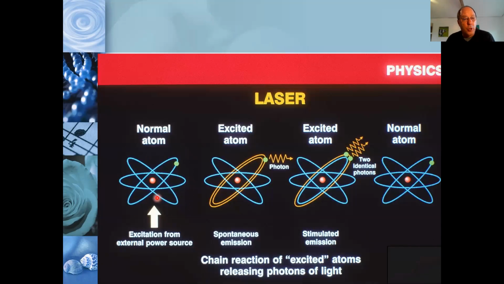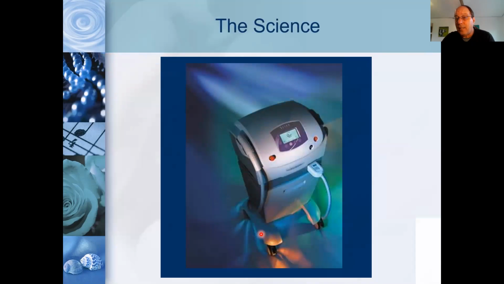So if you look at a ruby crystal, what we see is the crystal gets excited by plugging it in, pulling the trigger. What comes off of that excited crystal is a burst of light that Einstein called a photon. And that photon is emitted and is attracted to a target. What does this have to do with hair removal? It has a lot to do with hair removal and vascular and pigmented lesions, because the